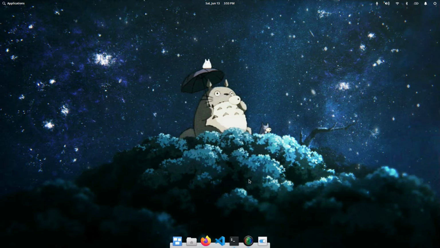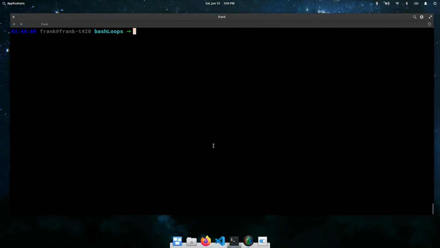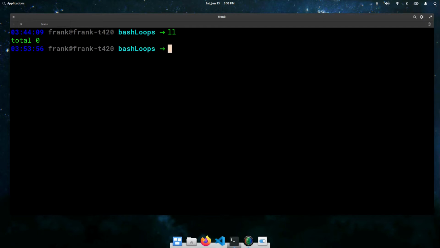In this video we're pretty much going to cover bash for loops and while loops. These are very useful when you're looking to make a bash script or repeat a very manual task several times. So let's go ahead and open up our terminal here, and let me increase the size. Alright, so basically when you want to do a for loop, you pretty much need some output that you